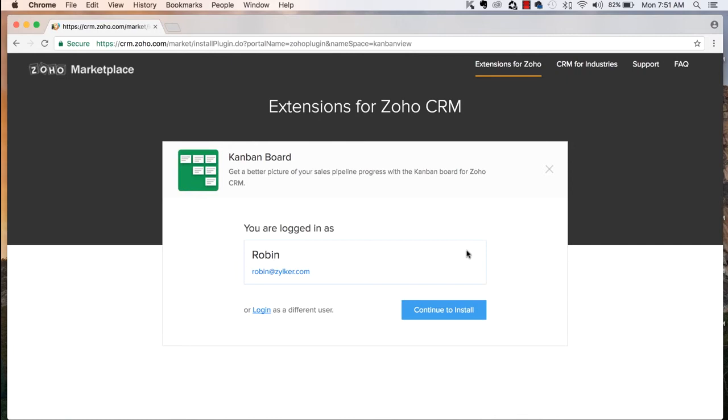Now, this doesn't mean only admins can use extensions. It's just for the installation part, we need the administrative privileges. So an admin can install extensions for their users. So if you're a user and you need to install an extension to your Zoho application, you can explore them in Marketplace, find it, and give the link to your administrator and have them install it for you